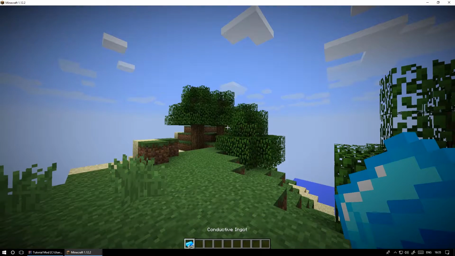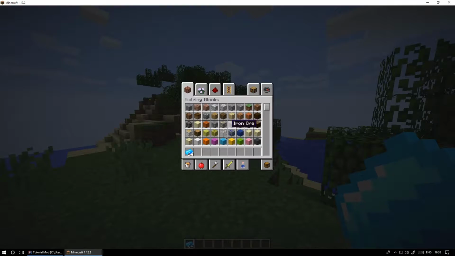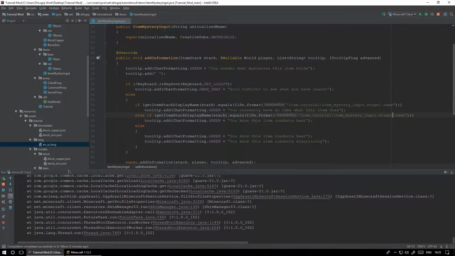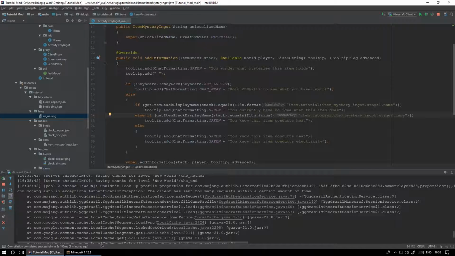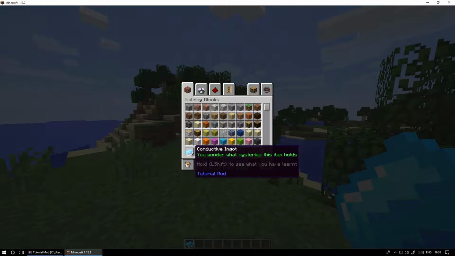So yeah, I had failed with the naming and changed what we had called it in our language file and then did not change it in here. But regardless,